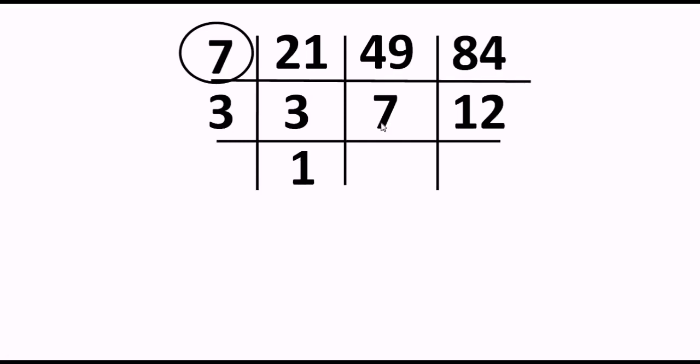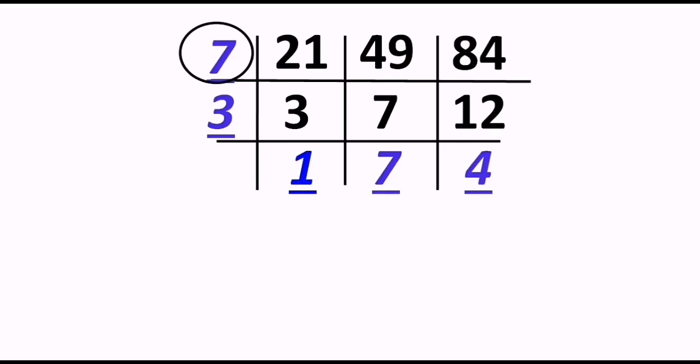7 is not divisible by 3, correct? So 7 we have to copy as it is, because it is not there in the table of 3. And when you divide 12 by 3, we get the answer 4, right? And now check the bottom layer. There is no need to encircle 3 now, because 3 is not able to divide 7, so only two numbers are divided by 3, and hence 3 won't be encircled by us. Keep it in mind. So the bottom layer presently has 1, 7 and 4, and all these three numbers are not divisible by any other number, right?